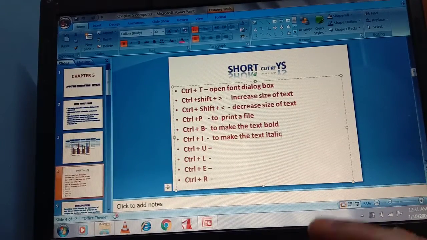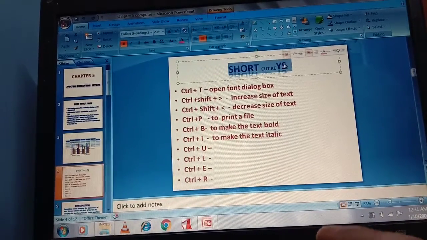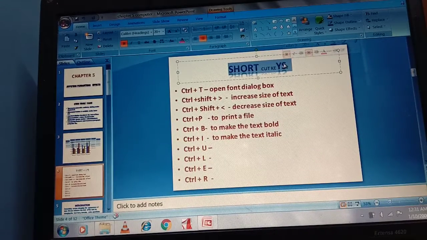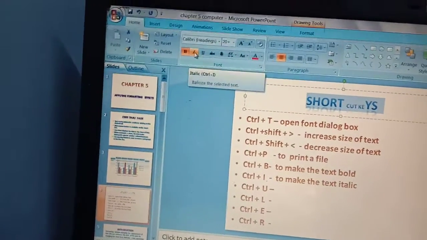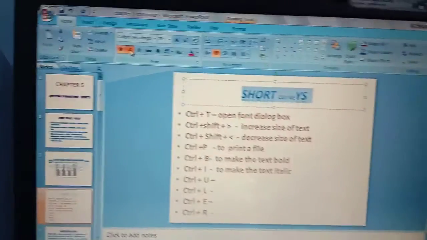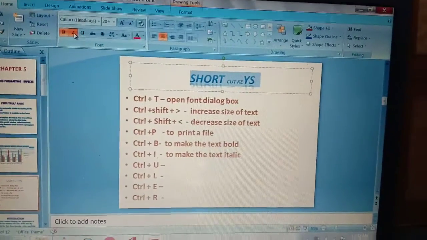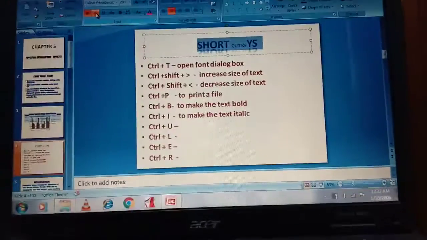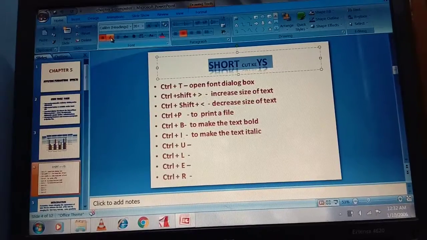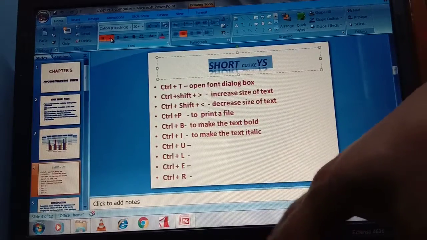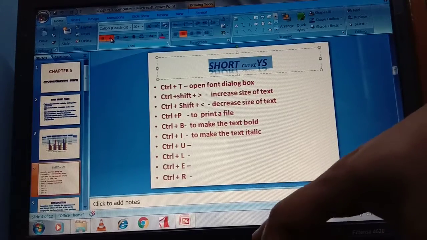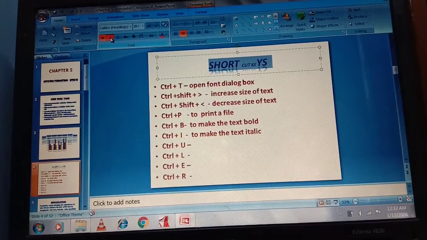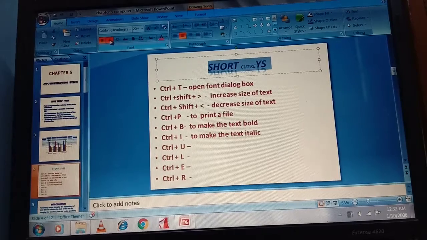For example, I want to make it in italic form. So what I have to do, either I can press this I button present in the Home tab. Can you see this? It is converted into italic form. Or either I can press Control and I keys together. So can you see this? I can make it italic or in a normal form. A little bit slant. Okay, student.